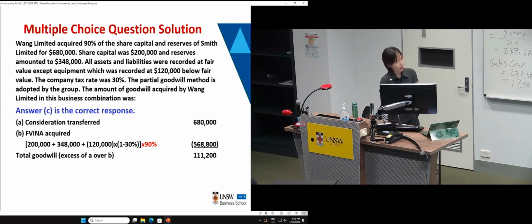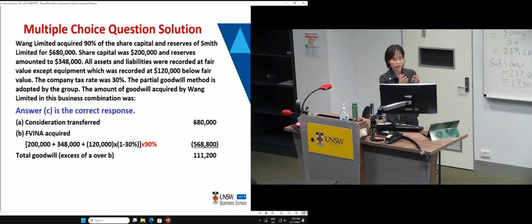So two things, be careful, okay? Your adjustment for the fair value should be net of the tax. Many students doing their calculations forget to multiply 70%. So in your quiz or in the exam later, make sure that when you write down, you just quickly write down your workings.